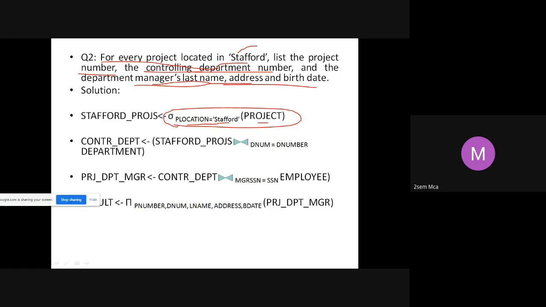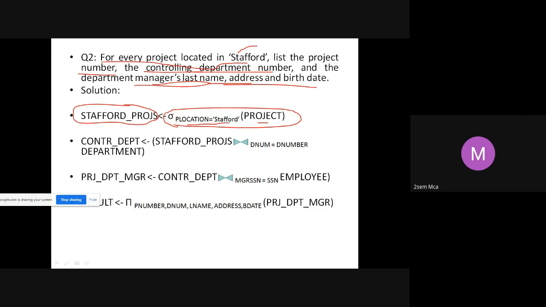And I am storing it in Stafford underscore projects, a temporary table in which I am storing the result. So what is this Stafford underscore projects containing now? It is containing all the projects that are running in the location Stafford.